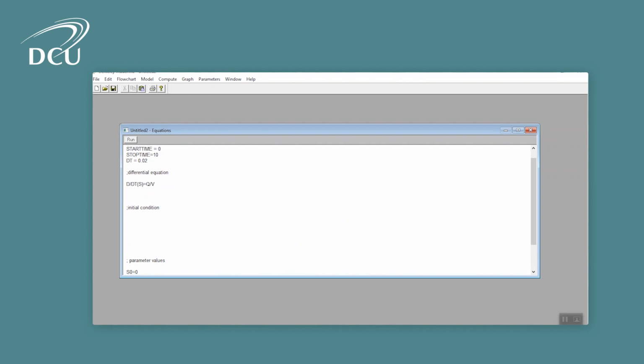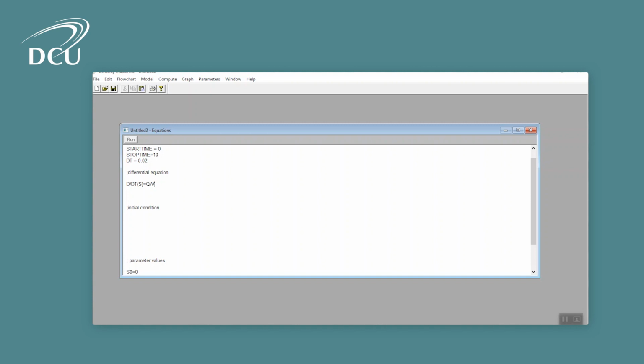By the way, Q over V, if you look at the units of that, it has units of 1 over time. And biologists tend to refer to Q over V as the dilution rate. So it's almost the rate at which fluid is going through a system relative to the volume of the system. So it's something that you'll meet in fourth year when we study bioreactors in more detail. That ratio is usually given the letter D, and it's a very important parameter in terms of understanding what biotechnologists call chemostats, which are continuous bioreactors.